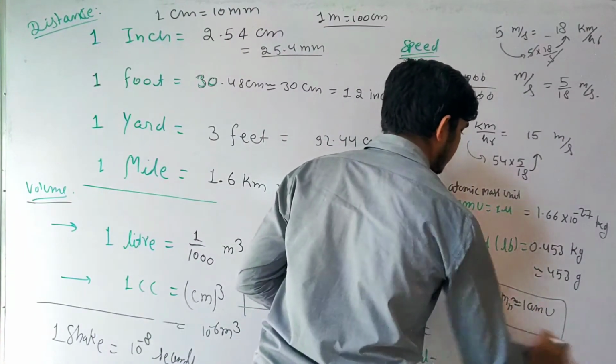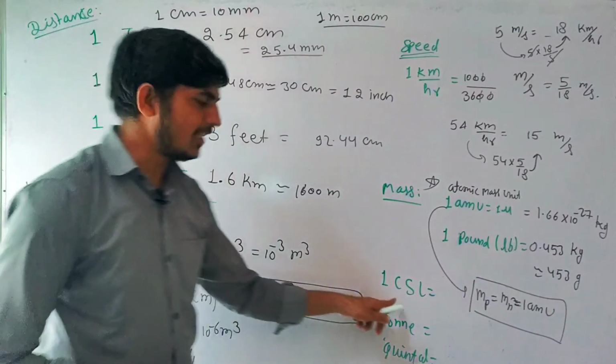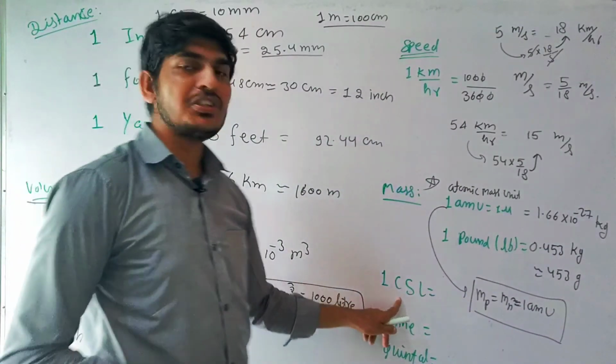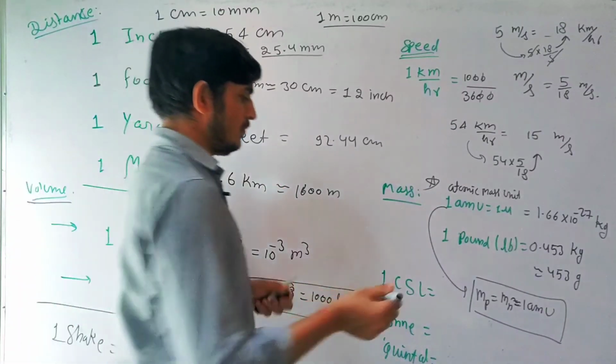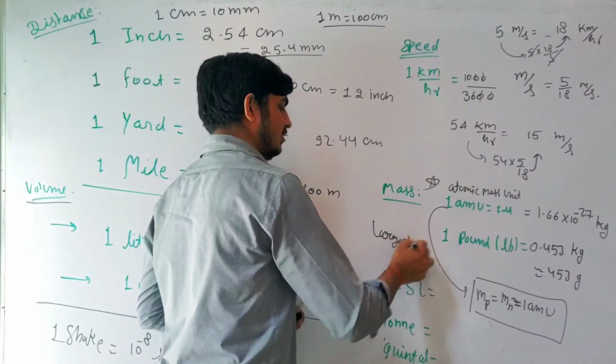So please keep in mind these things. There is another, 1 CCl. What is the meaning? This is the largest unit of mass. Largest unit